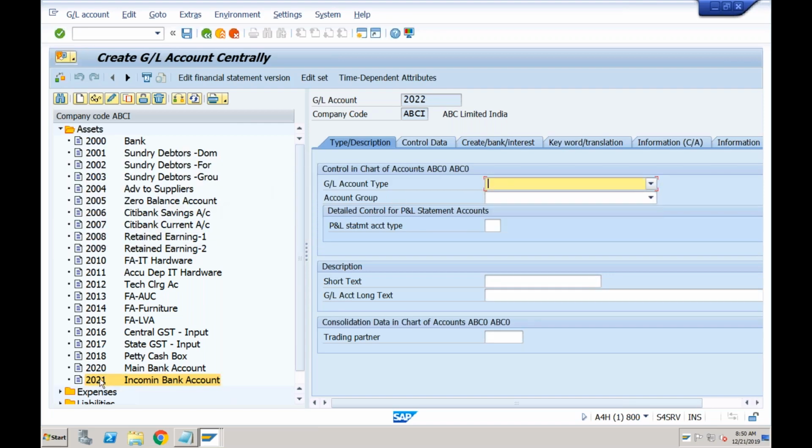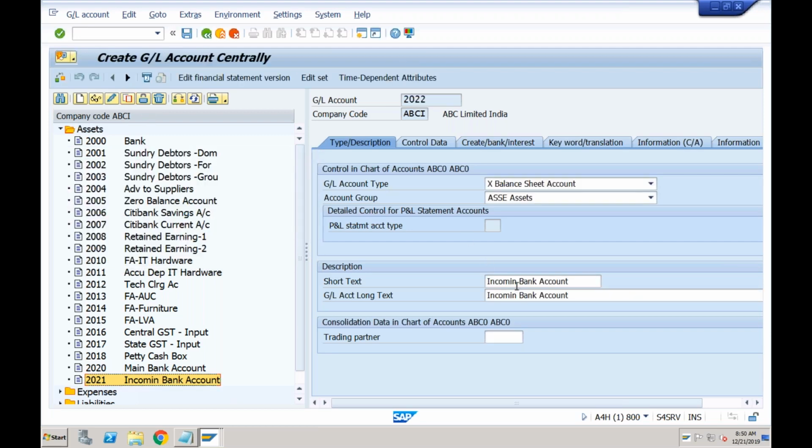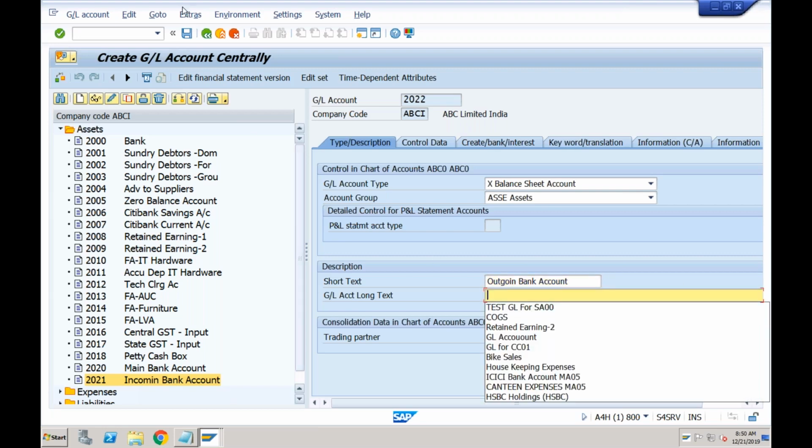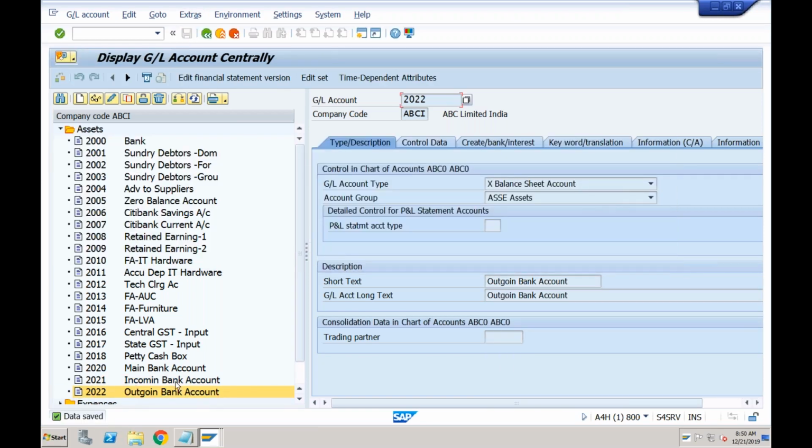Let's copy this. Okay, and save. So now we have 3 GL accounts.